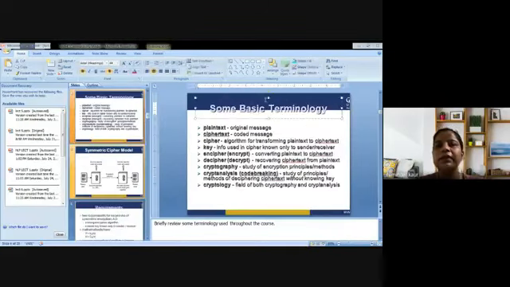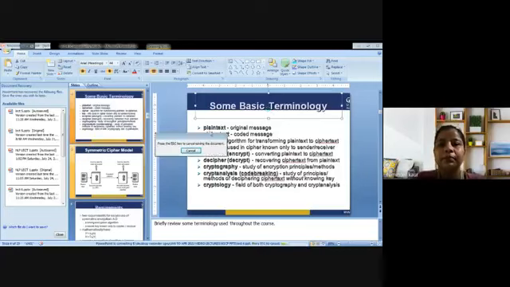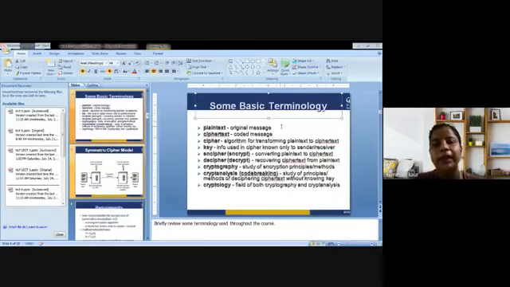So there are some basic terms that are associated with symmetric key encryption. So what are those? Plain text. What is basically plain text? It could be the original message that is to be transferred from the originator side, that is basically the sender. Next is ciphertext. It could be a coded message that is converted into some scrambled text. Next is cipher, the algorithm for transforming plain text to ciphertext. Next is key, as I told you, information used in the cipher known only to the sender and receiver.